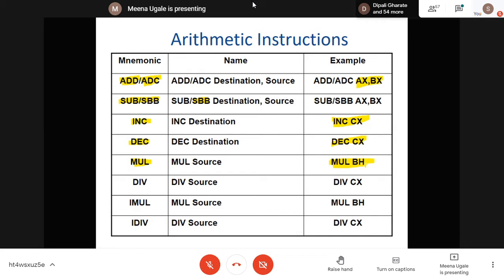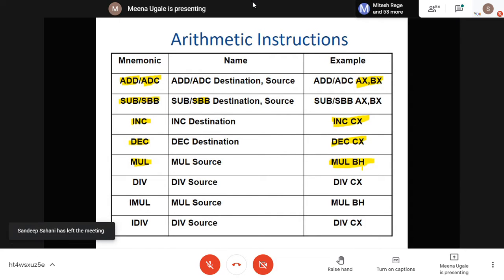If you are going for 16-bit multiplication, instead of BH, I will be writing BX. So what will happen? Your destination operand will be in AX, the second will be in BX, and you are multiplying AX by BX. When you are going for 16-bit multiplication, sometimes the answer will be greater than a 16-bit number. In that case, to keep your result, you are going to use the pair DX and AX. This is the default setting for the accumulator. You are not allowed to change it. So the DX and AX pair will keep your answer.